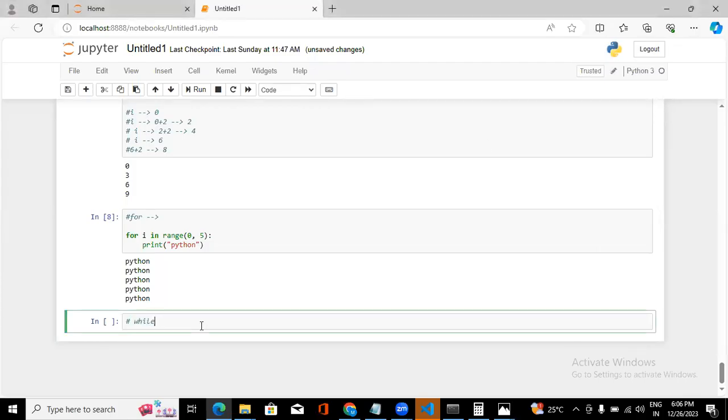So, the while loop. I already told you we have two loops in Python: one is the for loop and one is the while loop. So for loop, we use it when we know the exact number of